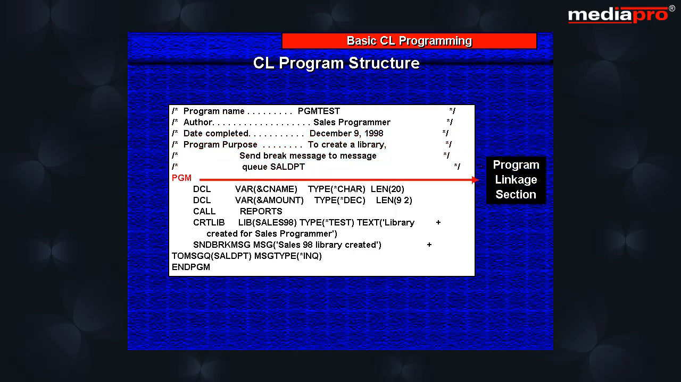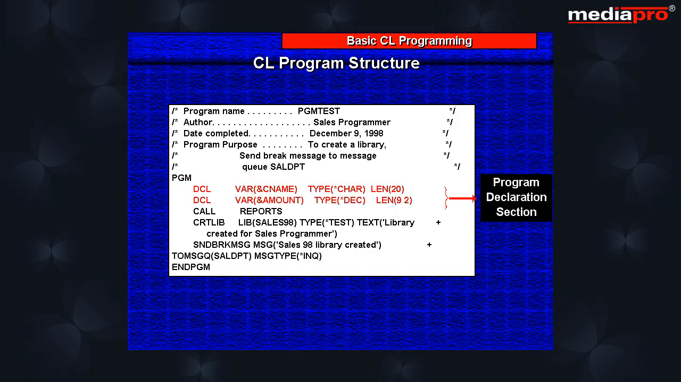The second section that immediately follows the program information section is known as the program linkage section. This section always contains only one CL command, the PGM command, that defines the beginning boundary of a CL program. The third section that follows is known as the program declaration section. In this section, we declare the variables and files that will be used in a CL program with the DCL